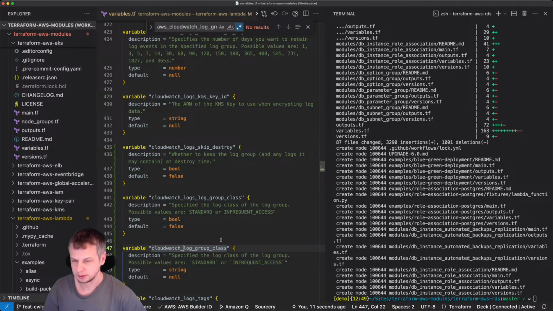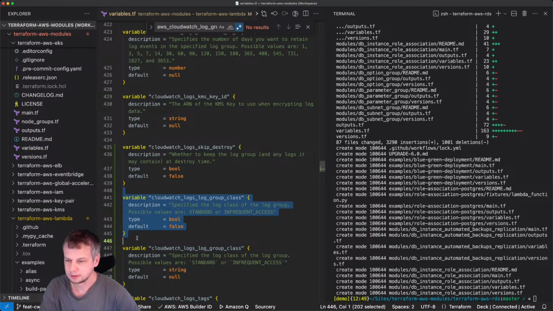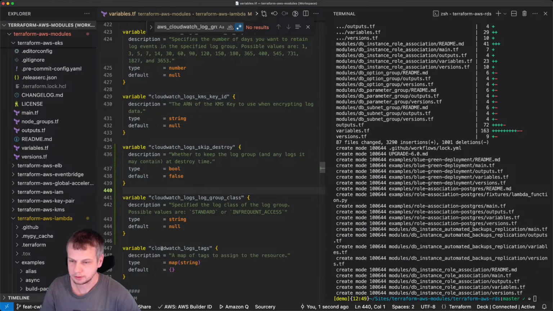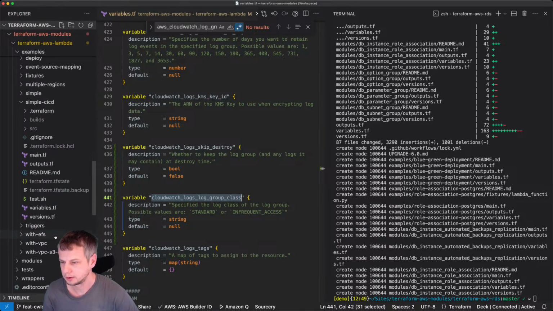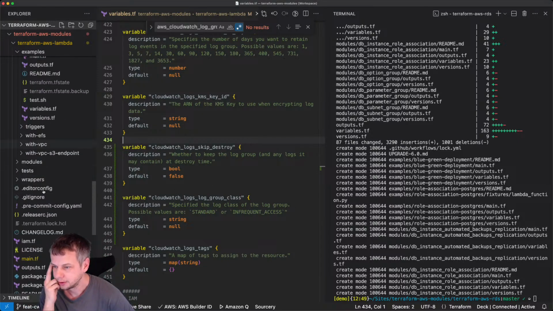So okay, it's going to be CloudWatch logs log group class. So that's another parameter which we add. And I think that's it. I'm looking into the documentation, but those are the two parameters I want to add here.